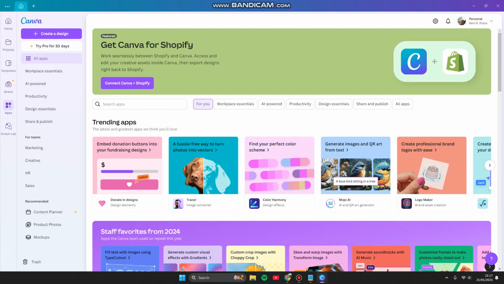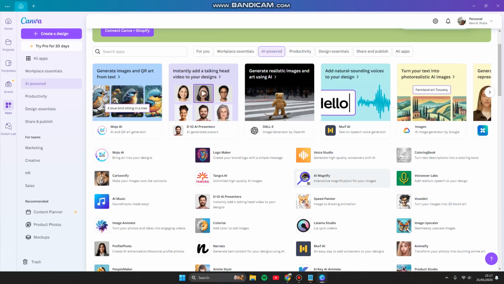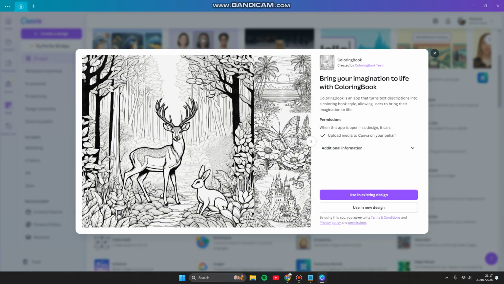To get started, you can click Apps, then click AI powered. Now here you can scroll down and try to find Coloring Book. Turn text description into a coloring book, so you can bring your imagination to life with Coloring Book. So click to start,